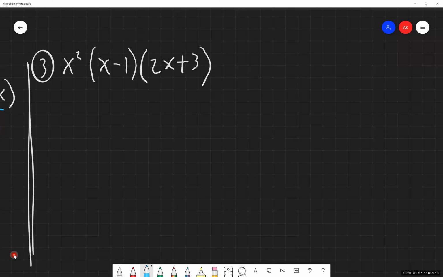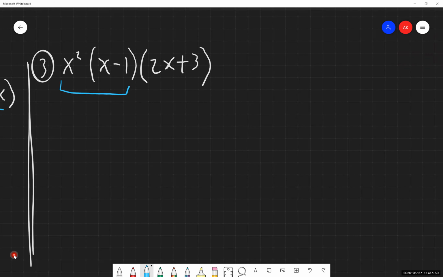Now, again, choose 2 of these polynomials and only work with those 2 at a time. So I am arbitrarily choosing to work with x squared and x minus 1. You could choose instead to work with x squared and 2x plus 3. That works. Or you could say I want to work with x minus 1 times 2x plus 3. You could do that also. It's your choice on which 2 you want to work with first. You just have to pick 2 and then move forward with it. There's no right or wrong on which one is better, worse, right, wrong, any of that.